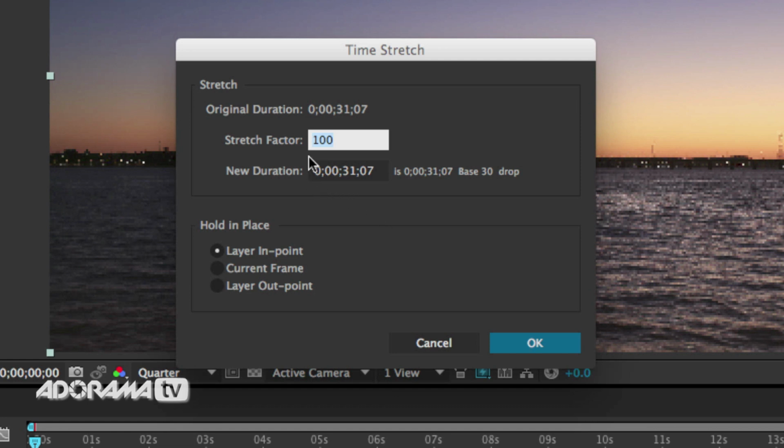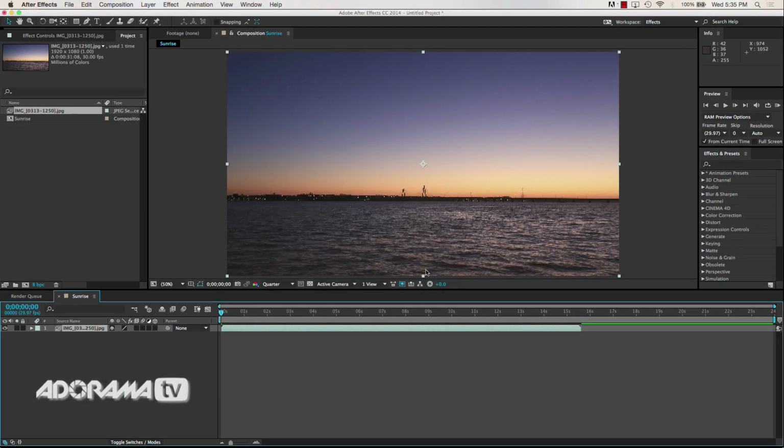And so what I can do here is set this stretch factor from 100 down to 50. In other words, take half as much time, which makes things go faster. So take 50% of the time, that is making it go twice as fast, and I can say OK. And so that's the joy of editing in After Effects, is you can do all of those different time effects